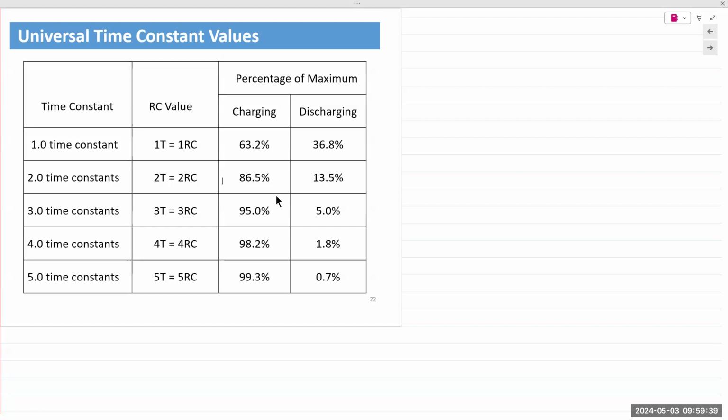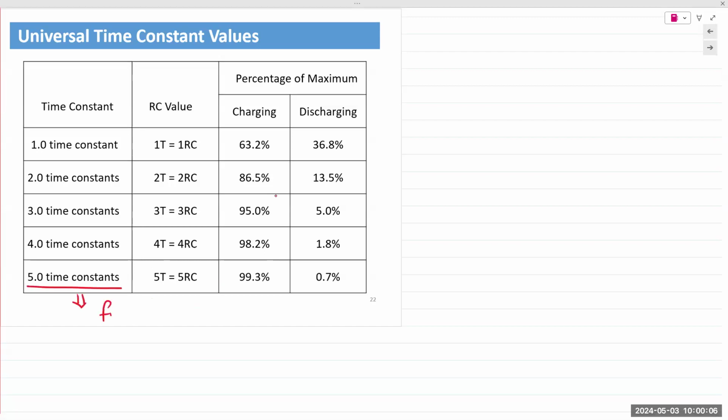So where do you put an end to your calculations? Well, by standard convention and accepted practice, we put an end after 5 time constants. After 5 time constants, the value across that capacitor or inductor reaches more than 99% if it's charging, or it loses more than 99% if it's discharging. So after 5 time constants,